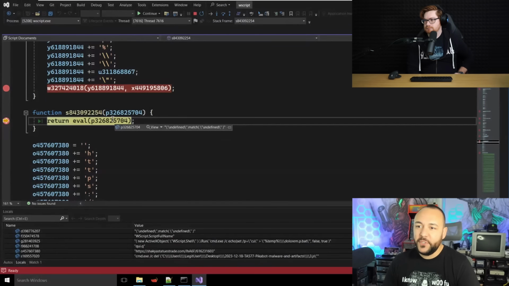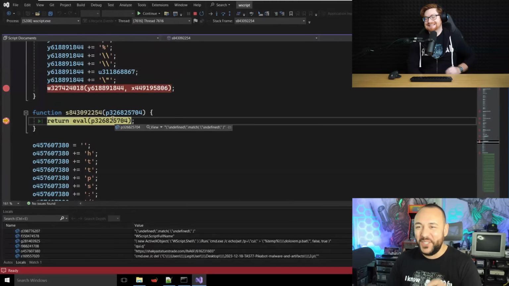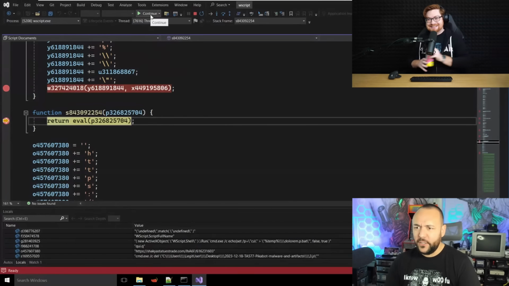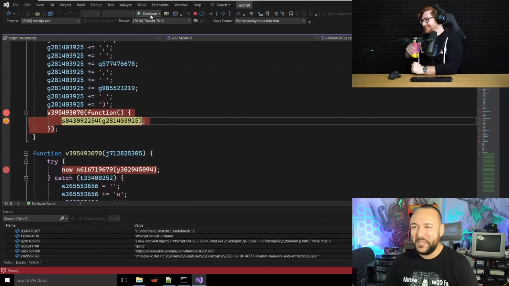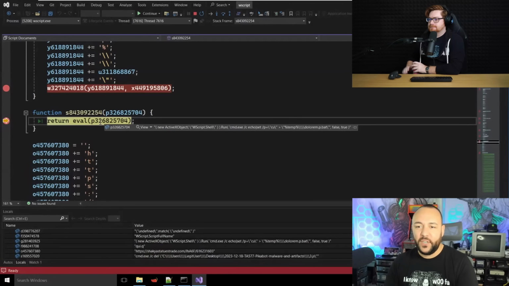Being able to debug using Visual Studio, I really like that. And I know it totally feels like overkill, right? You have this little bitty JavaScript file, and you're like, hey, install 20 gigs of Visual Studio or whatever so I can debug that. But it works, and it's just really fun being able to go through these. Another way you could do this is just set the breakpoint on the eval and disable all the other breakpoints, and then just watch what it's doing.